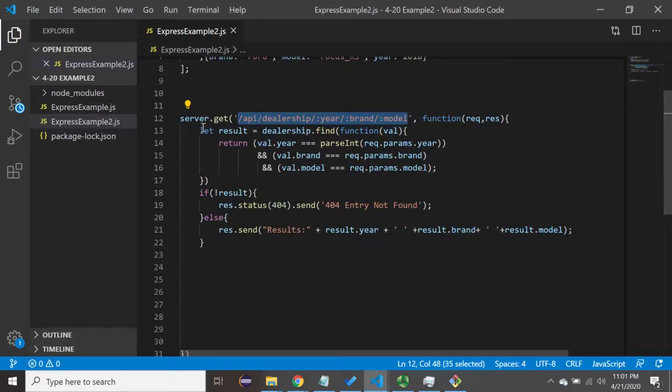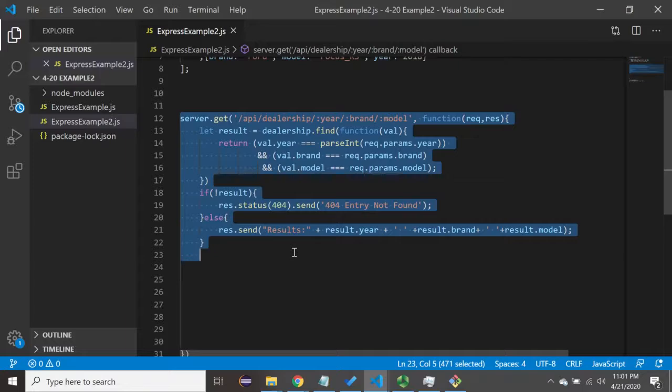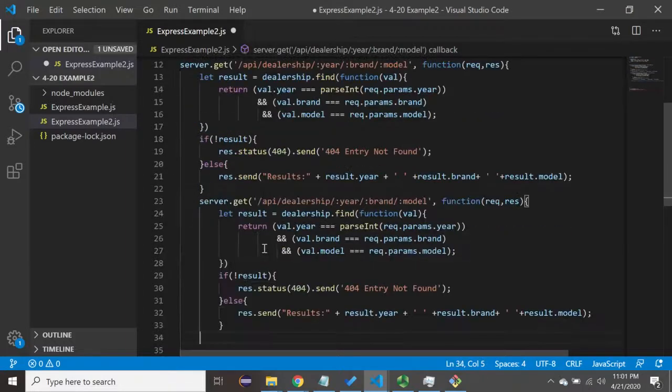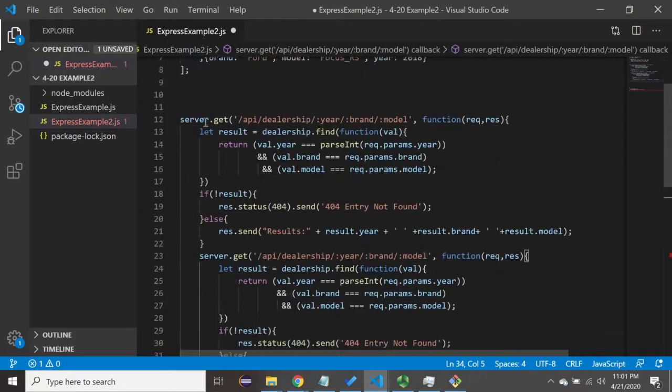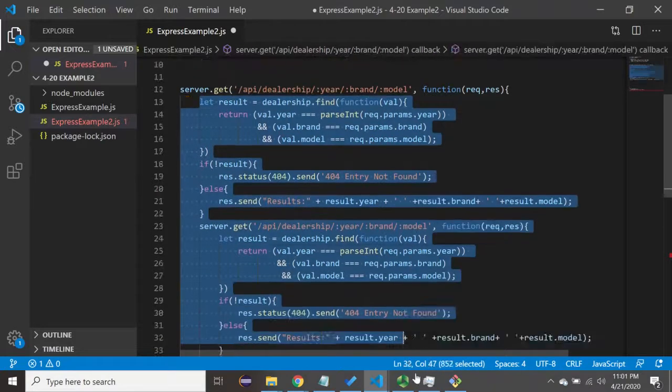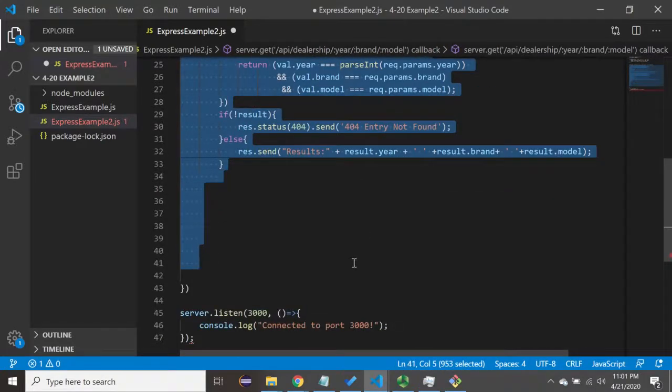Now, I talked about last time how get can be used two different ways. One is looking for a specific model like this one, and one is for having all of that information spit back at you. And so we can do that. What we can do is have two different server.gets, and in here,